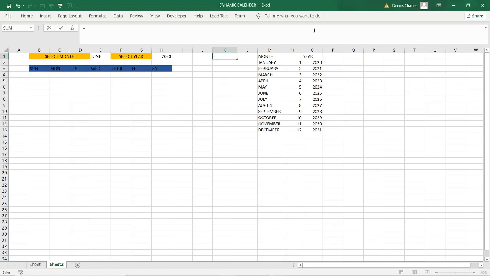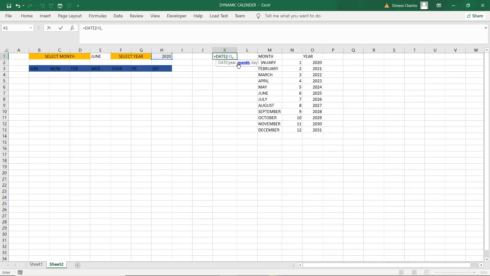Now if I talk about the first day of the month, if I write an equal sign there, I want to use the date function, that is DATE. So you give the year. I select the year here, I select this. Then comma.